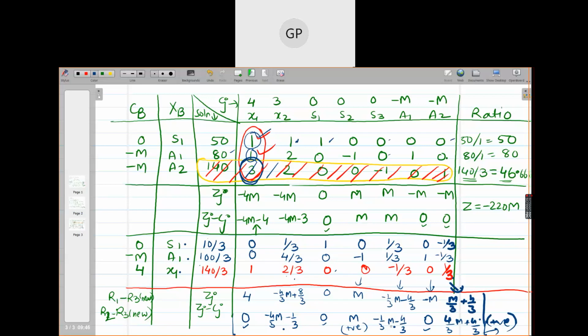Minus 1 by 3 M. Minus 4 by 3 M minus 1 by 3. Minus 4/3, this is minus 4 by 3M. Yes, this is the most negative quantity. Substitute M equal to 100 or 300, you can substitute for simplicity. So that will make it minus 400. This will become minus 100 minus something. So naturally this is your most negative value. So this is your pivot column. Let us mark it in green now.